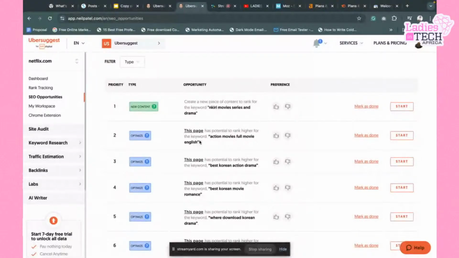Now this is actually a keyword that has a lot of search volume. So what it's saying is that if you can inculcate this keyword into this page, you have a good chance of actually ranking higher for this keyword on search engines. So what that means is that if someone is interested in action movies, and the person heads over to Google and inputs this keyword, action movies full movie English, because there are action movies in different